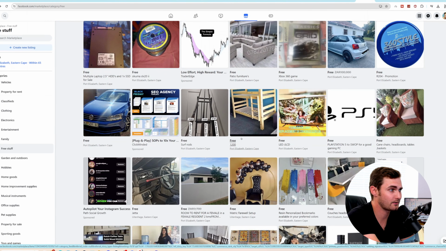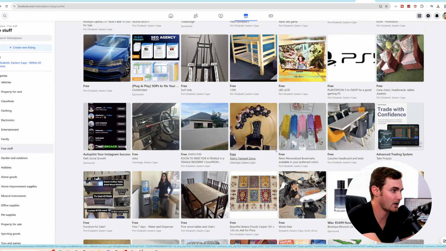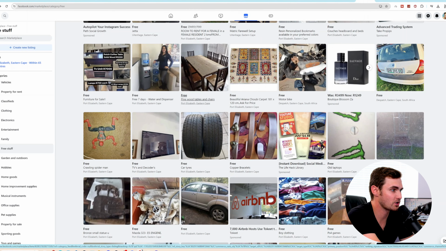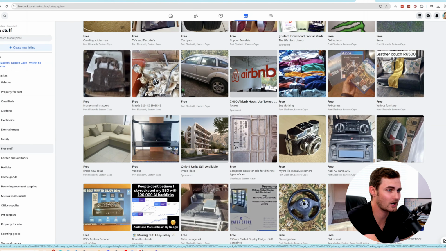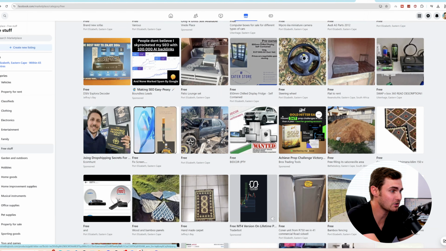Here's another couch set. Here's a bunk bed. Here's another chair. Here's table and chairs. Here's old car tires. Here's an old TV, a Spider-Man toy, monster stickers, old PS4 games, an old vintage camera, an old car radio. So there's a bunch of junk that you can find on this website, collect for free,